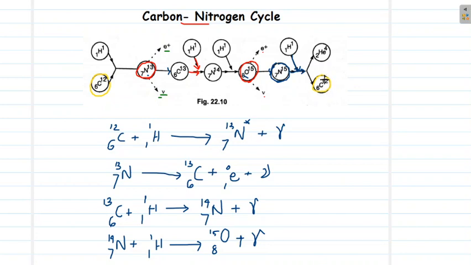So if you look at the overall process that is happening in this reaction, you can see who all are getting consumed in this reaction. So this middle thread that is going like this, carbon, nitrogen, oxygen, nitrogen, carbon, that cycle, that is not actually getting consumed in this reaction. Initial carbon nucleus is getting evolved out after the reaction.